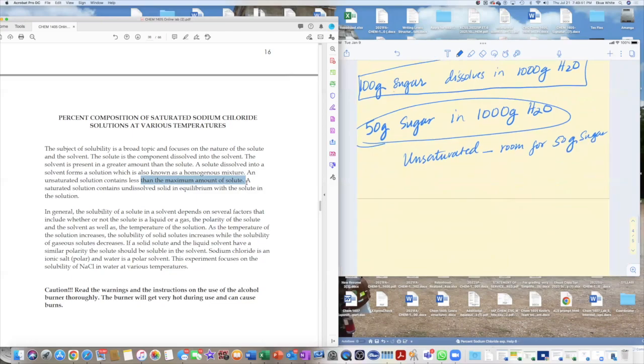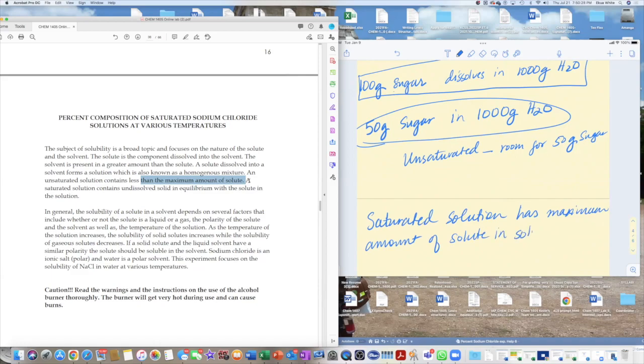To have a saturated solution, we're told right here, the saturated solution will have the maximum amount of solute dissolved in the solvent, right? But sometimes you will also have some undissolved solid in that solution. So a saturated solution has the maximum amount of solute